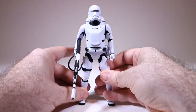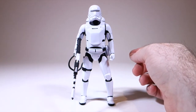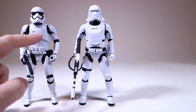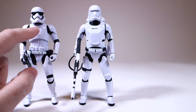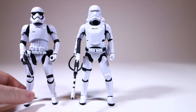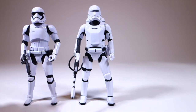It is interesting, though, that they have made this quite a bit different than the normal trooper armor, which I will show you now. As you can see on the normal trooper, his armor is made in such a way that it almost looks like he's got muscles here. Like these sort of represent the pecs, and then he's got a 6-pack of abs down here, and he's got this up here, and all this. I think it kind of combines to make him look a bit more, well, fit and intimidating than this guy